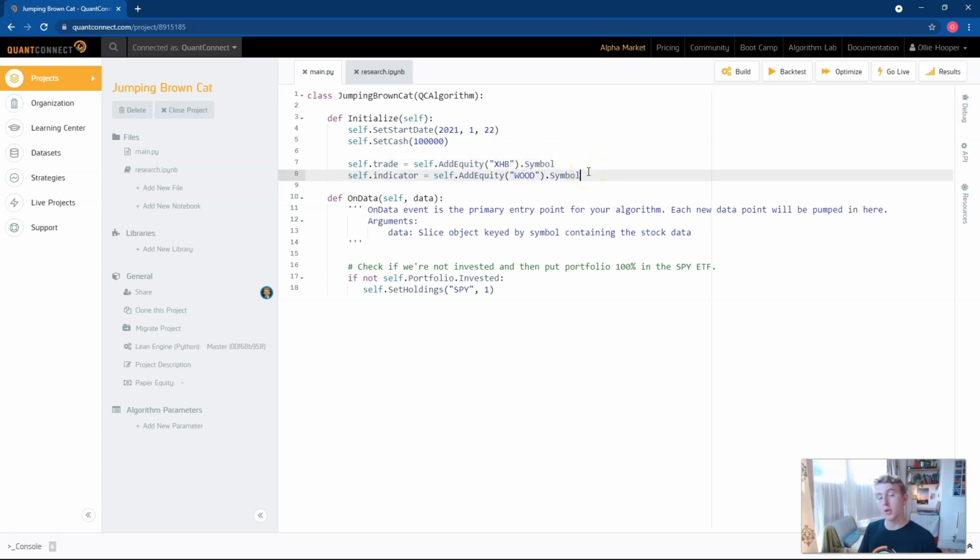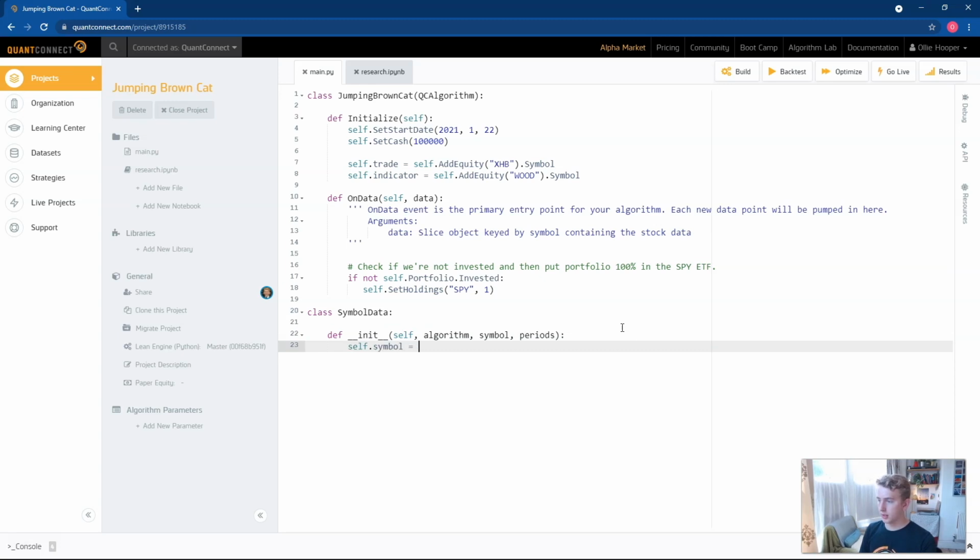Now remember, as we're using indicators, we need to initialize these indicators. So a good trick of doing this is actually creating another class called SymbolData, and then in the initialize function, we're going to take self and then the algorithm, the symbol of the stock that we want to create the indicator about, and then the period, or the periods here as we want a short and a long. So self.symbol equals symbol,